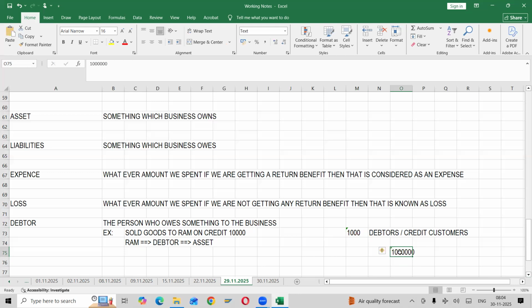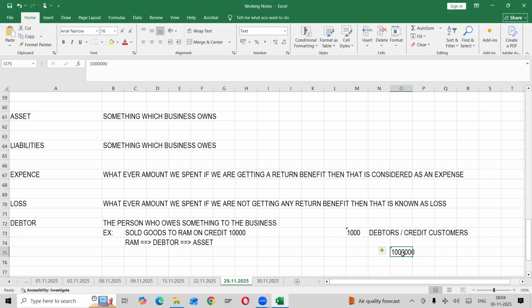So why am I clubbing all? In my balance sheet, I can't show all the lists. I will maintain a separate account for customers. But whenever I am generating a report, I can't show the list of all 1 lakh customers. If I show that, then I need to prepare a number of pages for my balance sheet. So I am clubbing all the debtors and showing the total debtors amount.